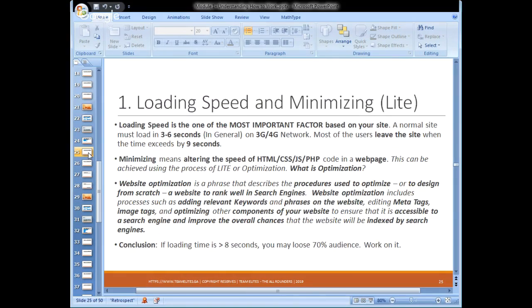Loading speed and minimizing. Loading speed is one of the most important factors for your site. A normal site must load in 3 to 6 seconds in general on a 4G or LTE network. Most users leave the website when the time exceeds 9 seconds. So this is another activity for you. Please write in the comment section below, based on your personal experience: when a website is loading for a very long time and you know that website is good, do you still leave or not?